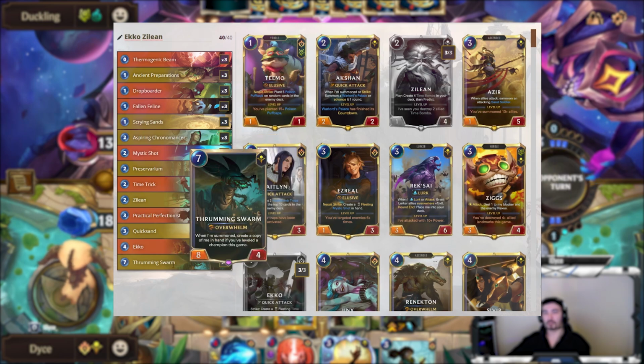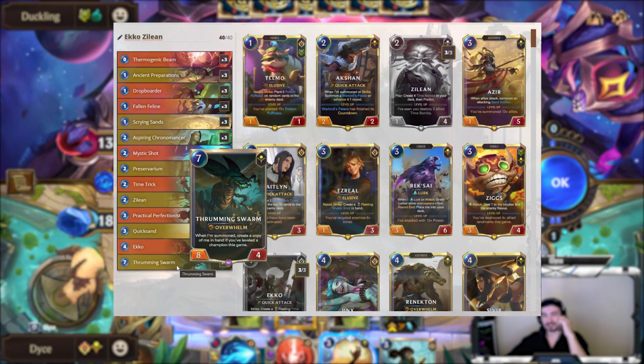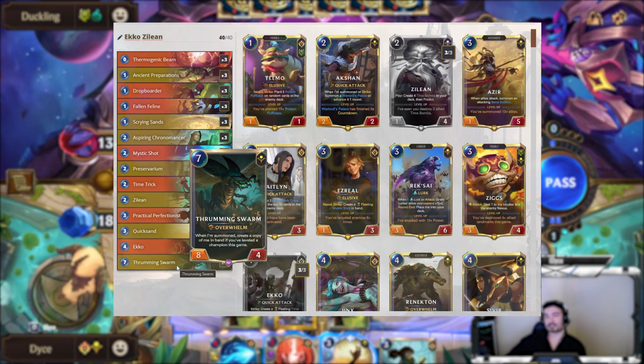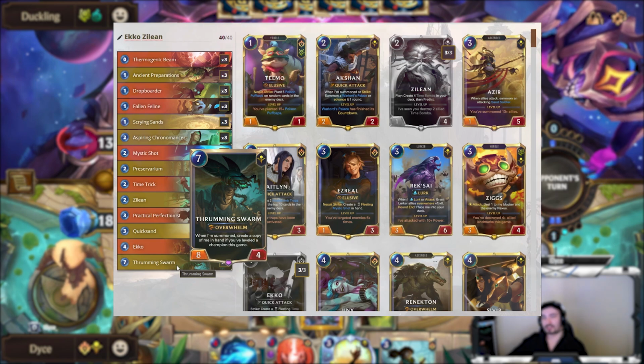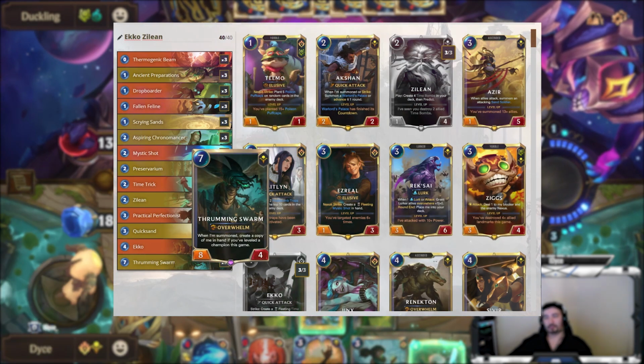Which works really well with Thrumming Swarms as well, by the way. You can attack with these Thrumming Swarms. They do a bunch of overwhelm damage, but it only has 4 health, so it can likely die. But then you just summon back all your things that died, like your Perfectionist, your Echo, whatever, your Swarm, and